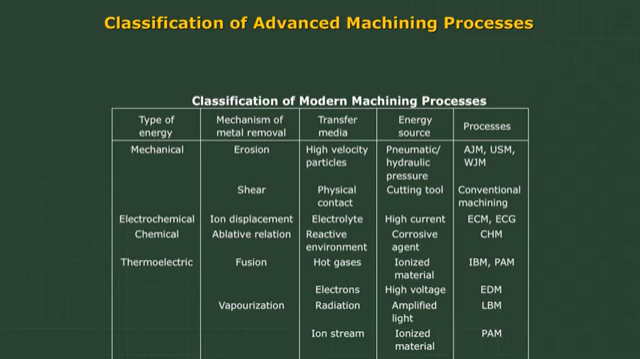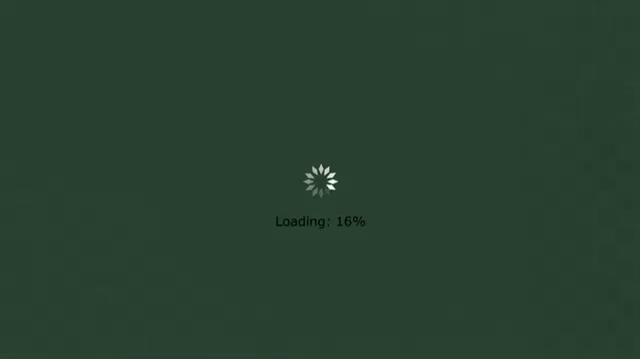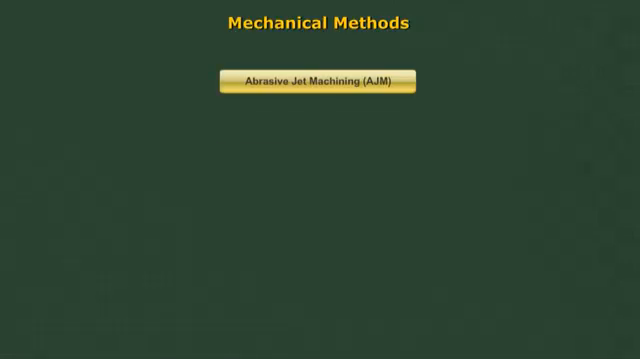Here, you can see the classification of advanced machining processes. The advanced machining processes can be classified into three basic categories, that is, mechanical, thermoelectric, and electrochemical and chemical machining processes. There are different kinds of mechanical